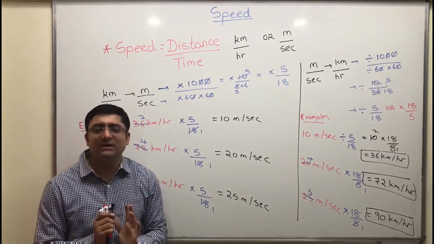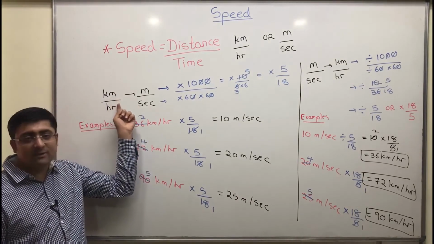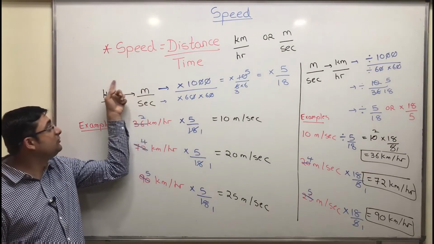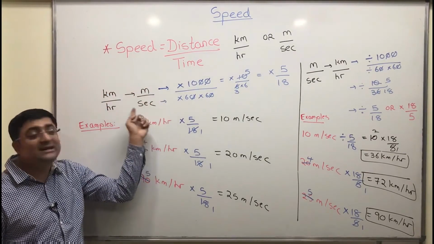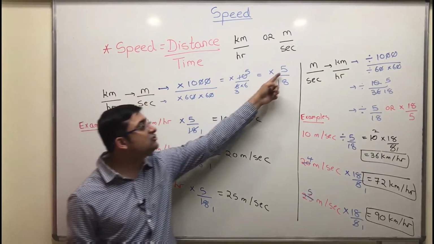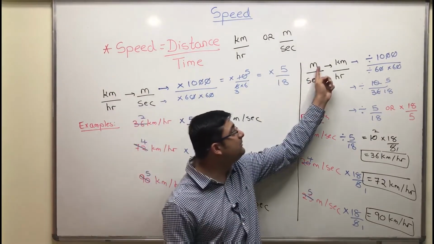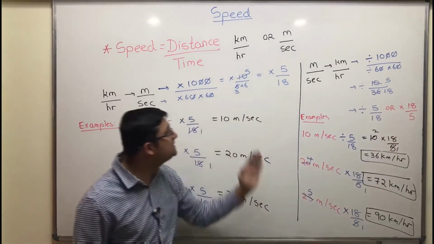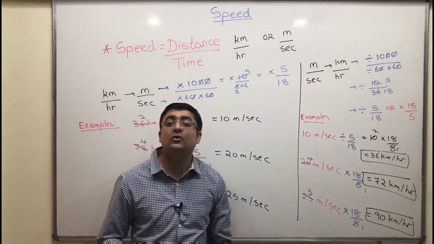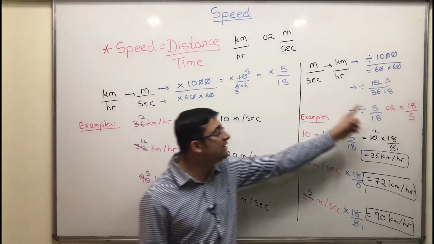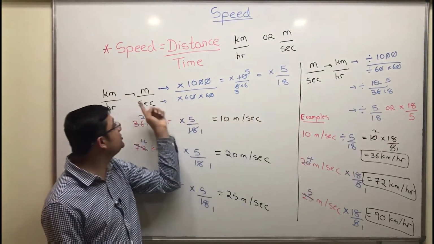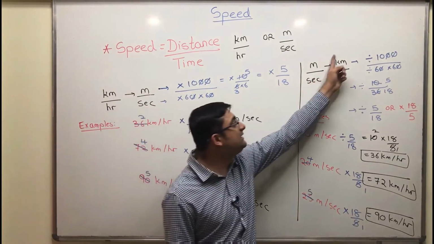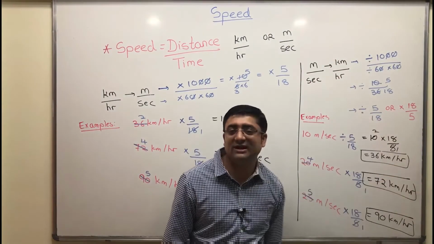In case in the exam you're confused, do I multiply by 5 by 18 or 18 by 5? You can always derive it. Or I'll teach you a very simple technique. When you're going from kilometers per hour to meter per second, just focus on the numerator, kilometer to meter. So this is big and this is small. Look at the destination. Destination is small, so smaller value, 5 by 18. Here, meter per second to kilometer per hour, destination is big, so bigger value, 18 by 5. Between 5 by 18 and 18 by 5, which is smaller, which is bigger? This is smaller and this is bigger. So look at the destination. Here destination is meter, so smaller fraction 5 by 18. Here destination is bigger, kilometer, so bigger fraction 18 by 5.